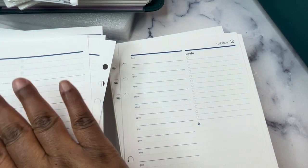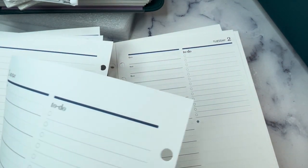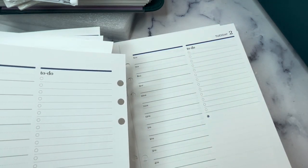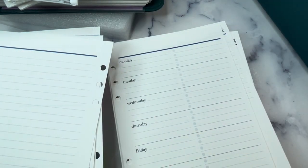I still want this to be over here and then Monday. That's the way I want it. I can't even move it around and make it work because Monday's on the back of here. So, I don't know. Anyway,